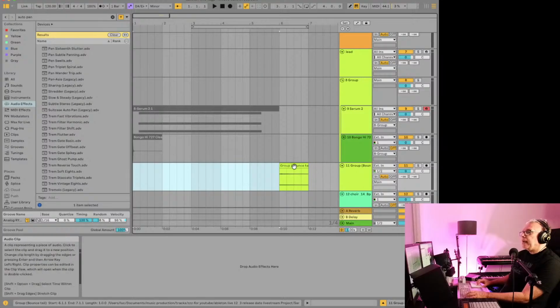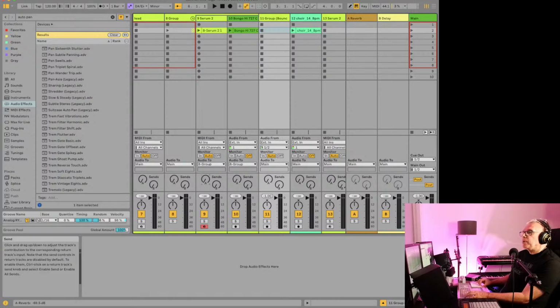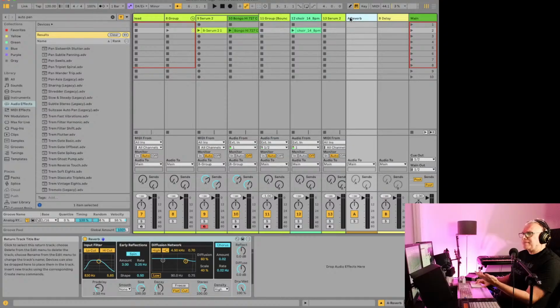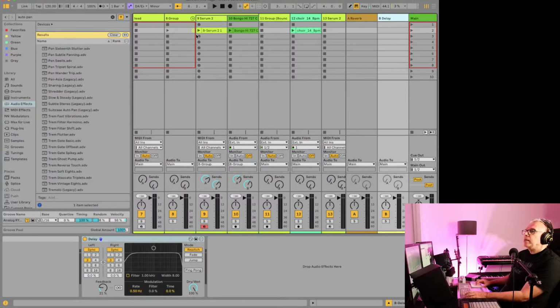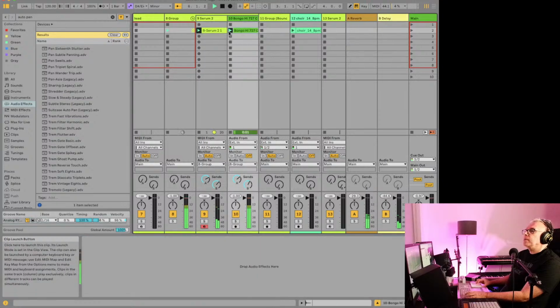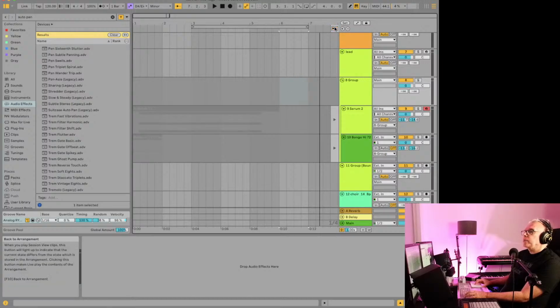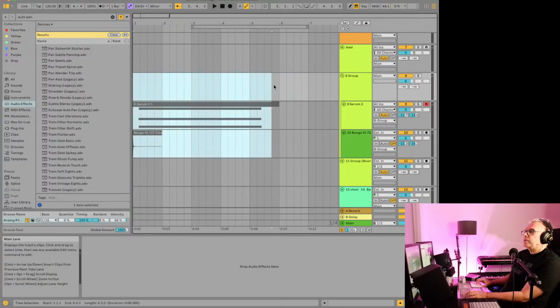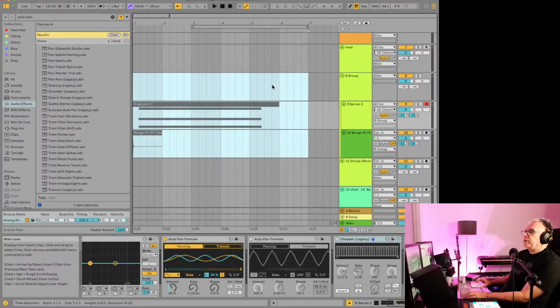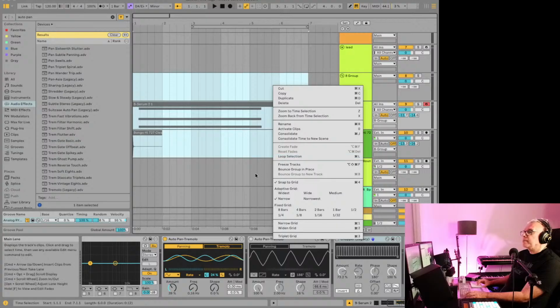If we do it again, we'll go back here and throw a bunch of reverb and delay on these. I'm just doing it to the sends. This is, I think, the basic one that comes with Ableton Live when you get it. It's just the reverb and the delay they've set up. So now if we go here, we will try this again. And what you'll notice is, as we do this,